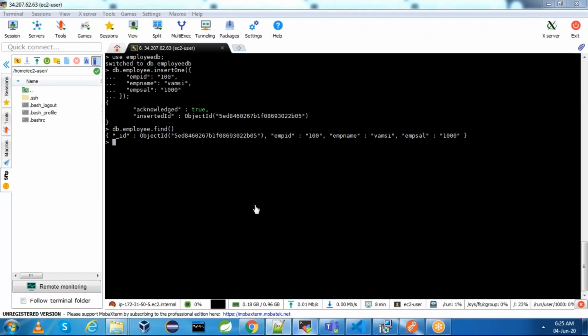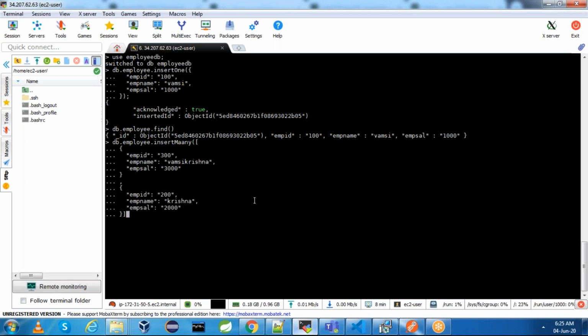Use this method db dot collection dot insertMany open parenthesis, paste the data, closing parenthesis.